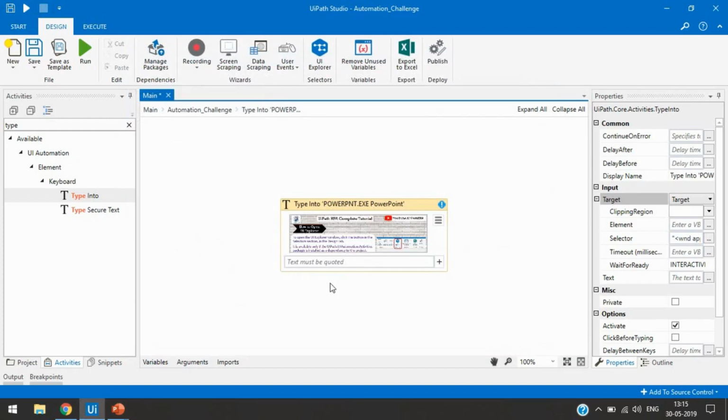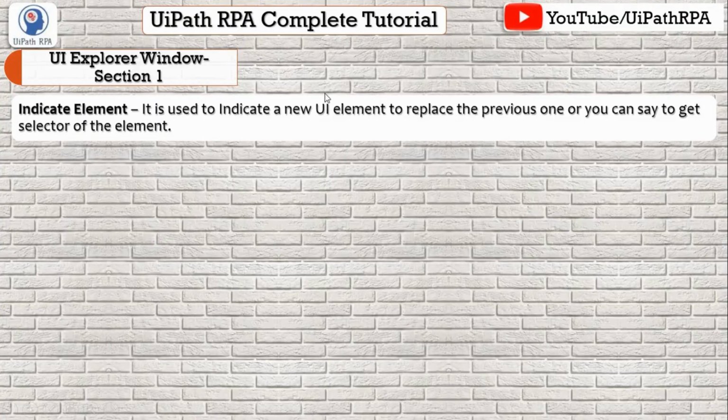Like if this element exists, then click on that OK button or click on the cancel button, like that. So you can use this tool to get the selector of any element.